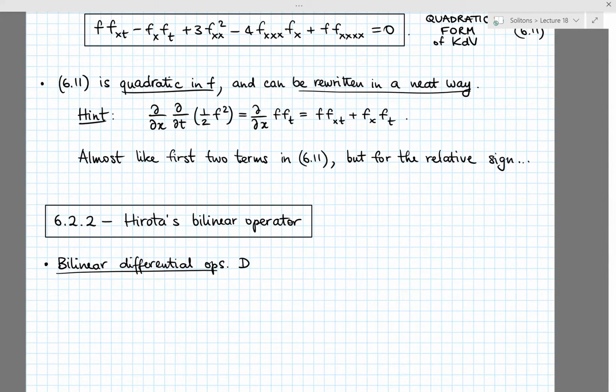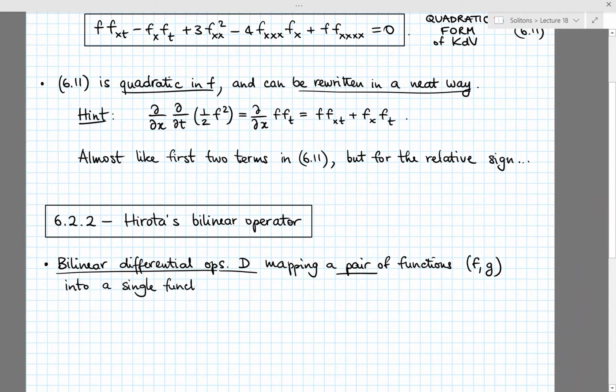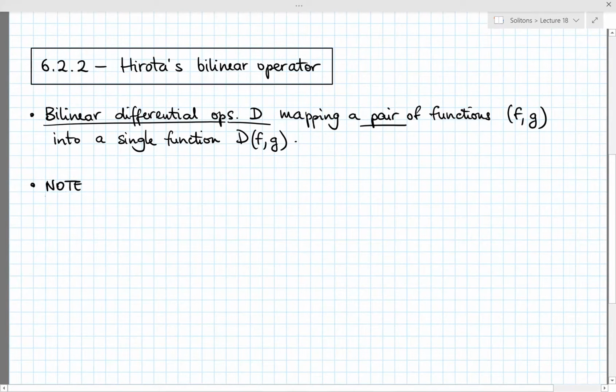We'll be interested in a particular one later, but let's construct a class of differential operators, which I'll schematically call D. And these differential operators D map a pair of functions f comma g into a single function. Note that this is unlike